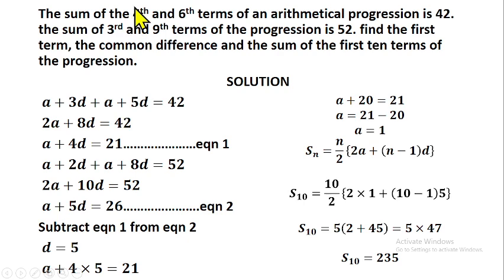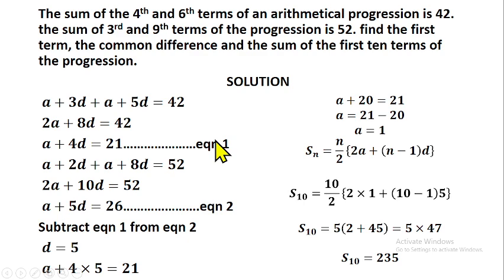So we are summing the fourth term and the sixth term together. This is the fourth term and this is the sixth term, and the answer gives us 42. You can simplify that further. a plus a gives us 2a. 3d plus 5d gives us 8d, equals 42. Something is common to this: 2 is common. You can divide through by 2. Dividing this one by 2 gives us a, dividing this one by 2 gives us 4d, and dividing this one by 2 gives us 21. So a plus 4d equals 21. We can call that equation 1.